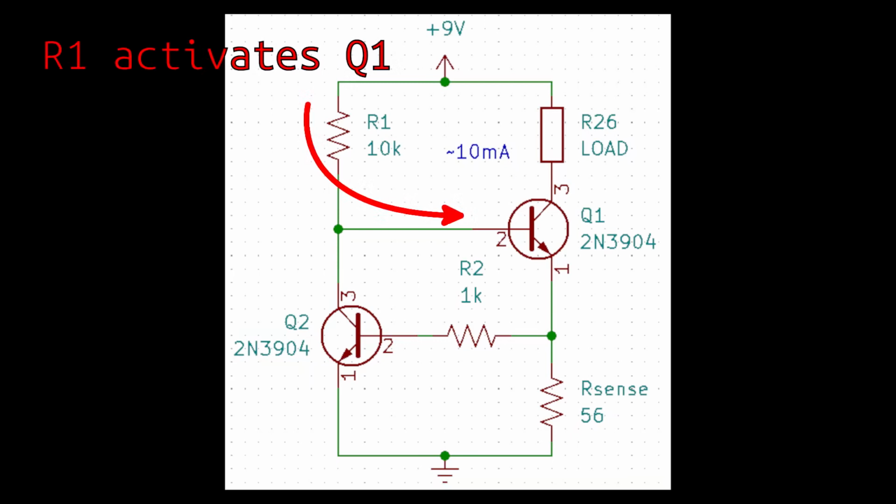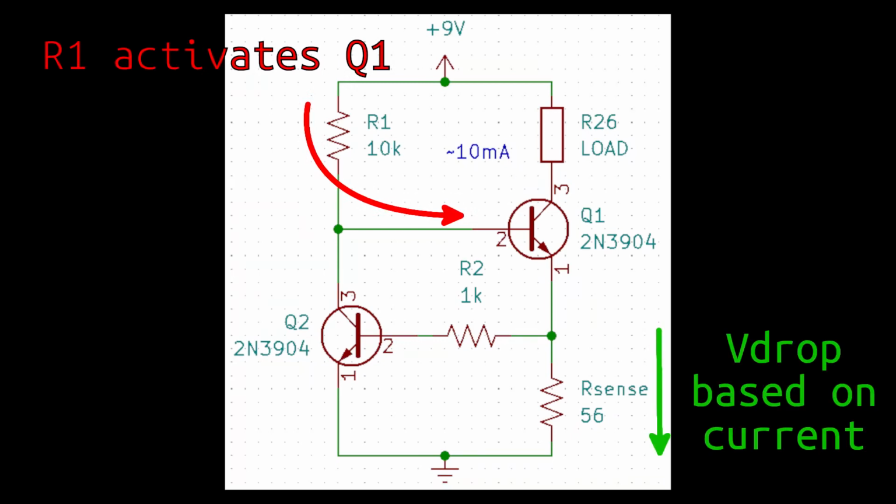However, we have negative feedback in the sense resistor. This resistor will drop voltage proportionally to the amount of current flowing through the load according to Ohm's law. This resistor forms our negative feedback portion of the circuit. When the current is high enough to drop at least 0.6 volts through the diode of the base, then Q2